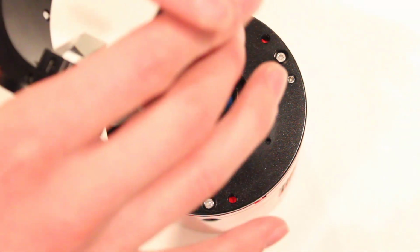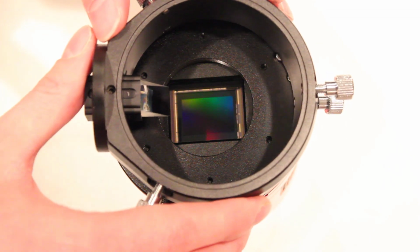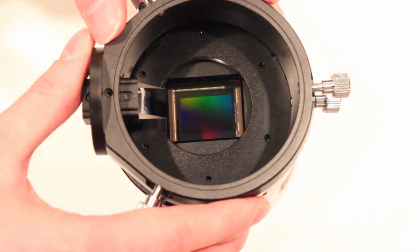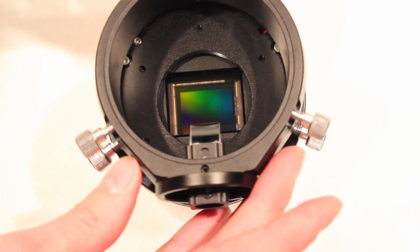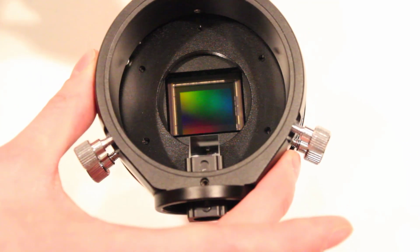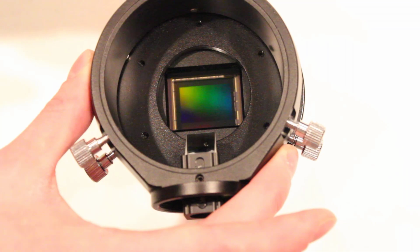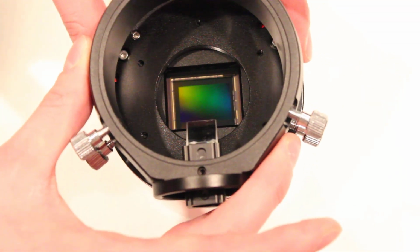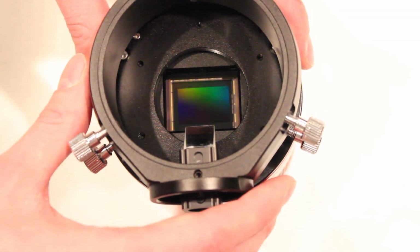So now what I'm going to do is line up my off-axis guider with the prism over the sensor. You don't want to do this on the vertical side, you want to do this on the horizontal side. If you have a square sensor, obviously it doesn't matter, but the reason you want to do it on the horizontal part of your sensor is so that you can push in your pick-off prism further. So I'm just holding it over the top here, and I definitely can move my pick-off prism in a little